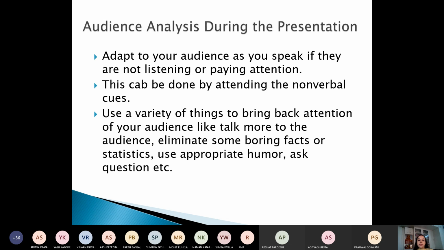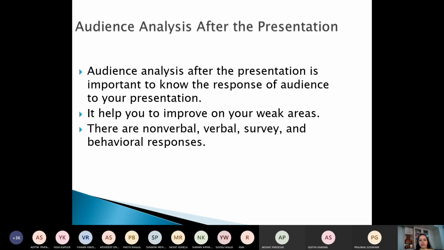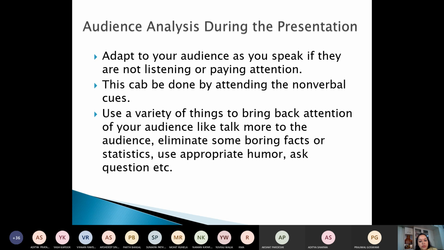So audience analysis is again very, very important. Understanding your audience, the people to whom you're going to deliver the presentation, and customizing your presentation accordingly. Now if we correlate it to our general day-to-day conversations in the workplace, conducting meetings, reprimanding a person, giving feedback to an individual, remember that video clipping that we had watched: two situations, the use of language, the manner of speaking, the change in body language and tone, and the difference in the impact.